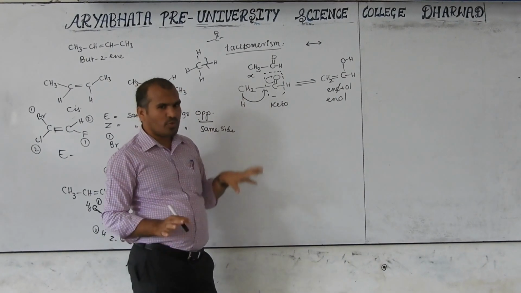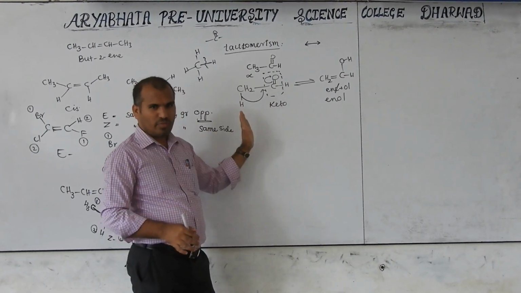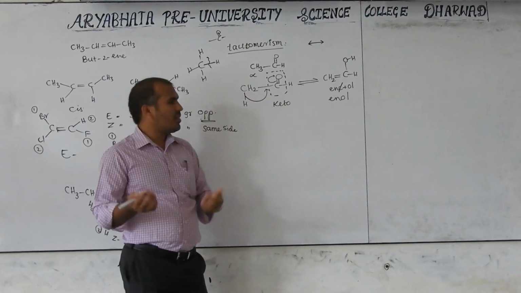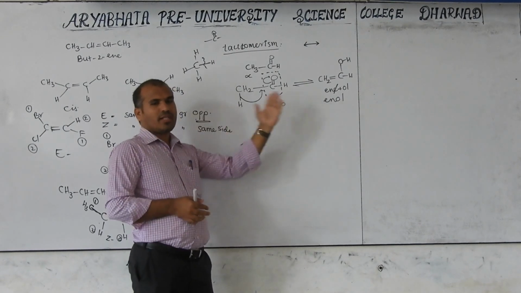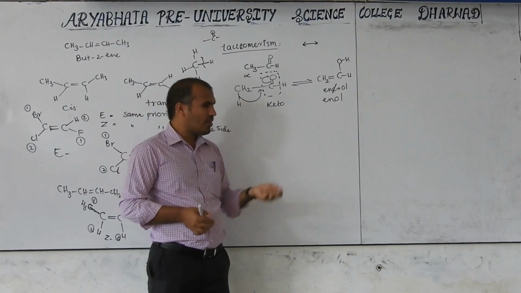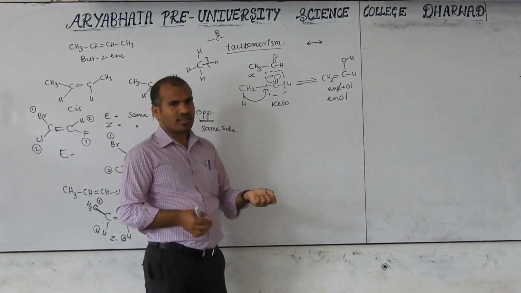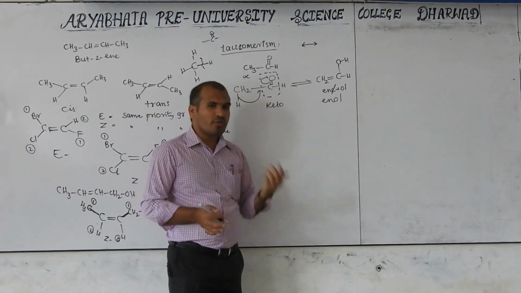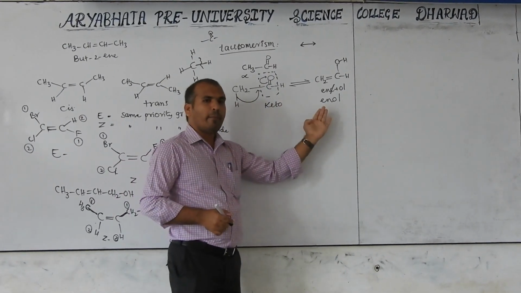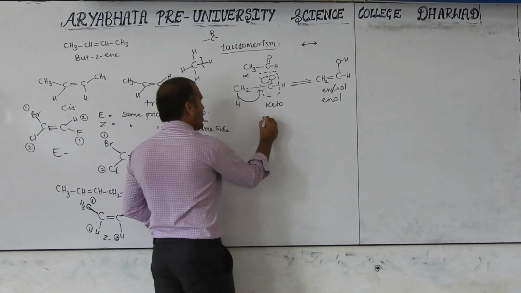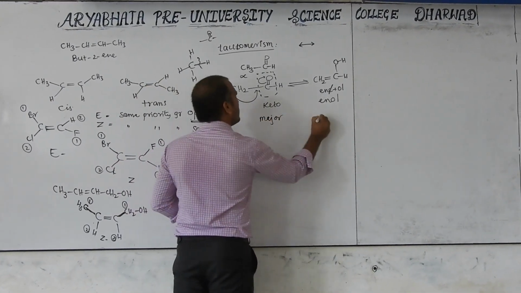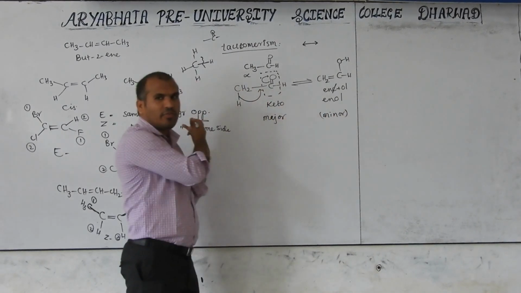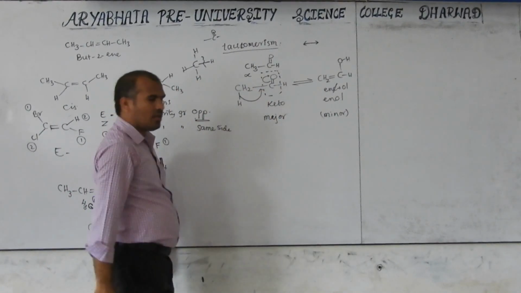When a mono keto group is there, keto form is a major, enol form is a minor. You can apply the same principle also. Is it forward direction or backward direction? Backward, based on the acid base strength here. Okay. So now one keto group is there. That's why keto form is a major, enol form is a minor. This is a major. This is a minor. It cannot reach immediately, it cannot go backward.